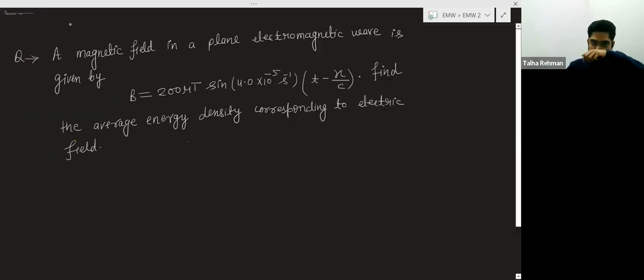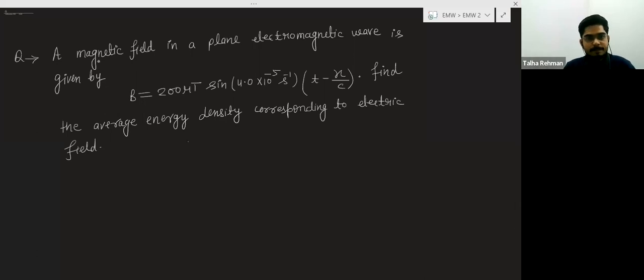Okay, so this question, see this question. In this question, they are saying a magnetic field